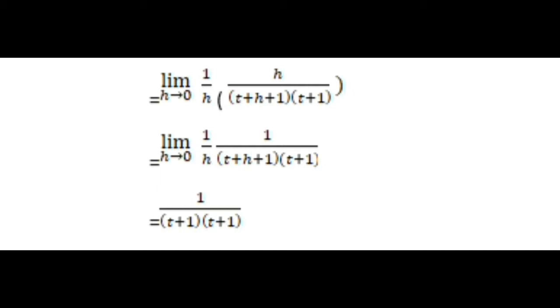Since h approaches 0, substitute the h with 0. It becomes 1 over the quantity of t plus 1 times the quantity of t plus 1. Since they're both alike, you just